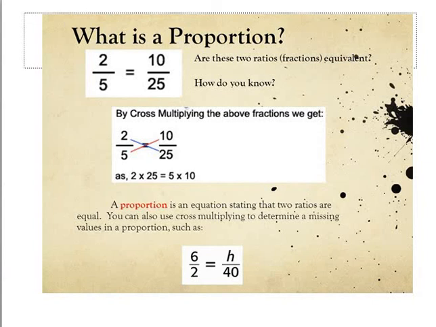How? Because in the easy way, I make a cross multiplication between them. So I multiply 2 times 25, as you can notice here, and 10 times 5. The answer here will be 2 times 25, it's 50, and 5 times 10, it's 50. So the easiest way to find out whether these two ratios are equivalent or not is by making a cross multiplication, by multiplying